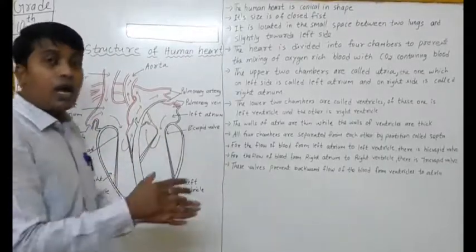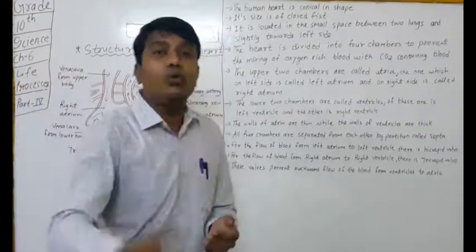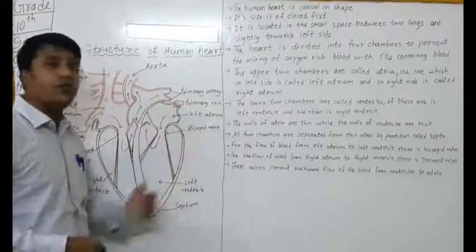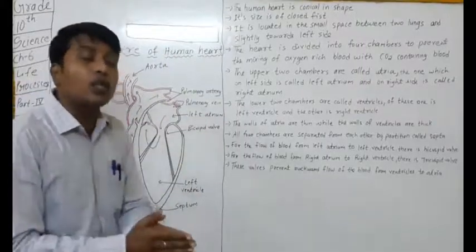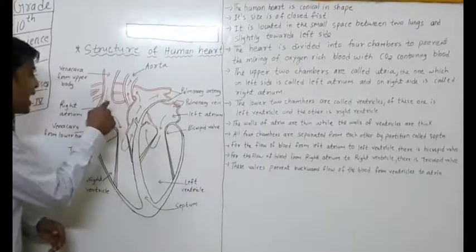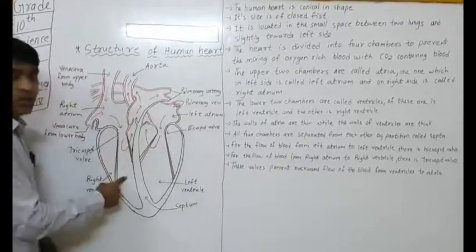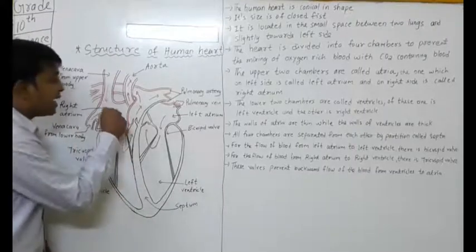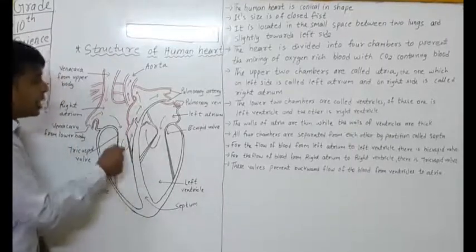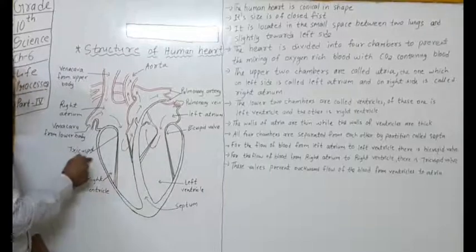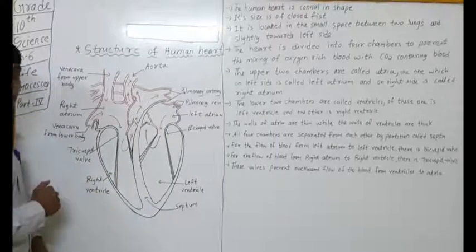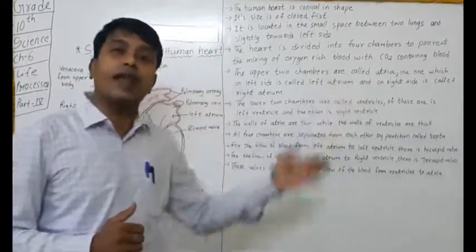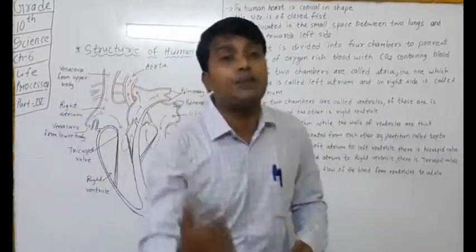Okay, this valve carries out the flow of blood from left atrium to left ventricle. And similarly, for the flow of blood from right atrium to right ventricle, there is a valve known as the tricuspid valve. So the bicuspid valve carries out the flow of blood from left atrium to left ventricle, whereas the tricuspid valve carries out the flow of blood